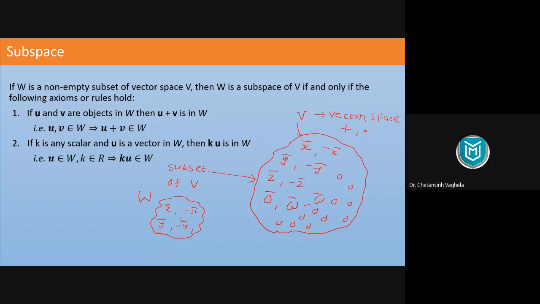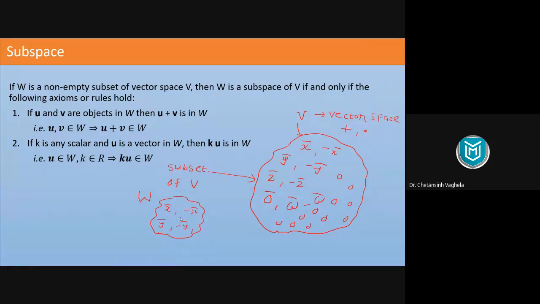वो तो हमने लिया ही नहीं है. Then what about condition 4? Condition 4 won't satisfy here. That means W is not a vector space here. So even if you choose a smaller set from a vector space, it's not necessary that it is always a vector space. So now this thing leads us to one more question, that when it is a vector space, if you are choosing a subset from a set V, then when it can be a vector space.